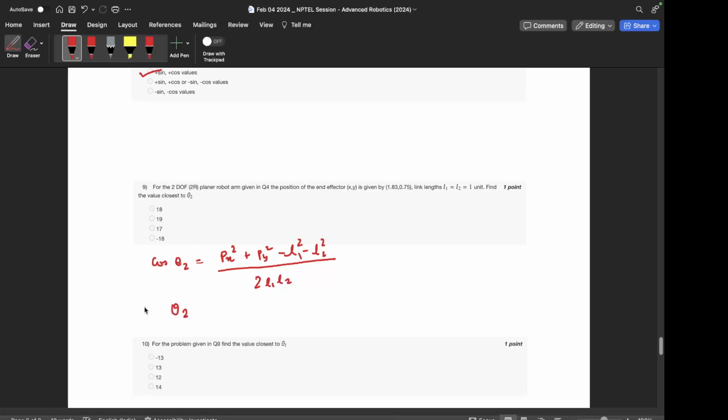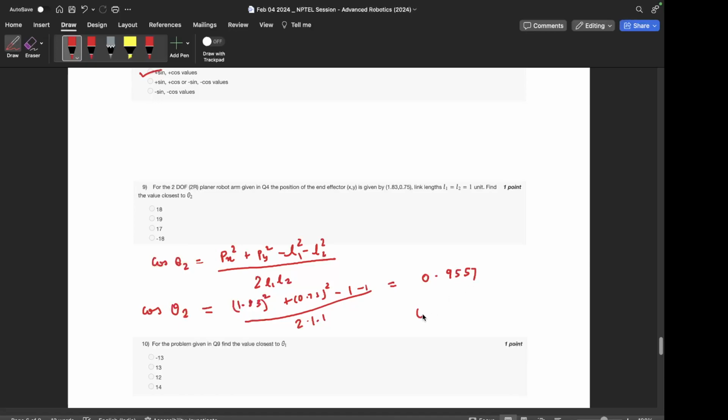In this case we have the numbers already: 1.83 whole square plus 0.75 whole square minus 1 minus 1, divided by 2 L1 L2, that is 2 times 1 times 1. So if you calculate, this comes out to be